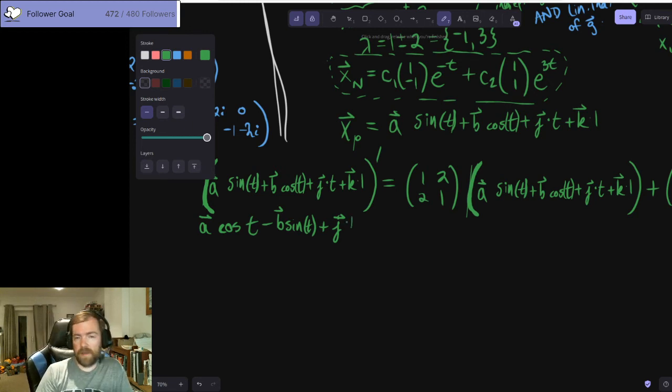Our k vector gets cleaned out because again we're taking the derivative of 1, so that's 0. Is equal to